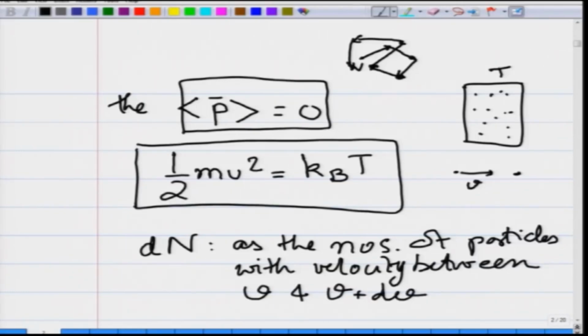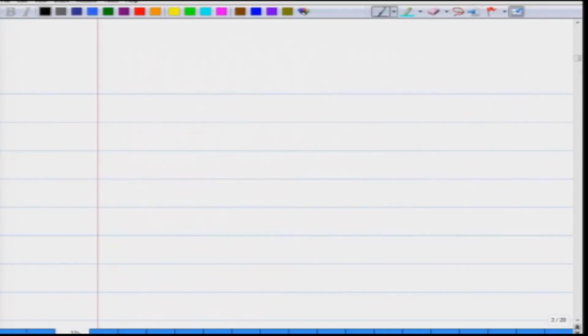Let dN be the number of particles which have a velocity between v and v plus dv, and if capital N is the total number of particles,